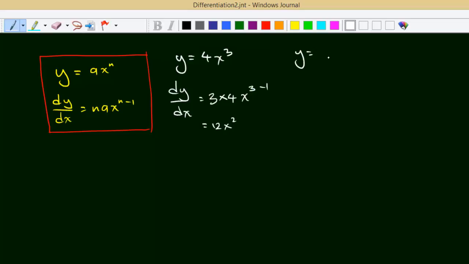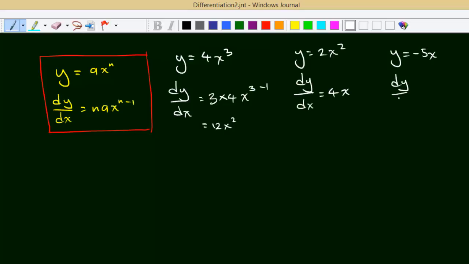y equal to 2x squared. So dy/dx. Now 2 times 2 is 4. x to the power of what? 2 minus 1 is 1. So just leave it like that. Okay, it's very simple. Then, if you have something like this,